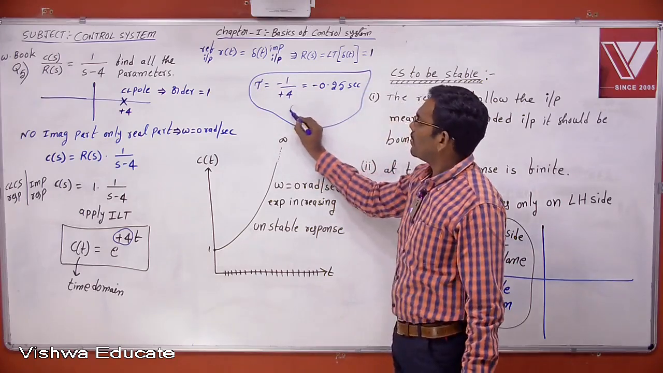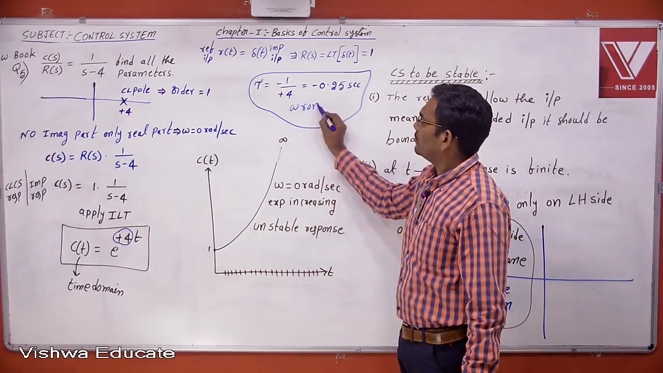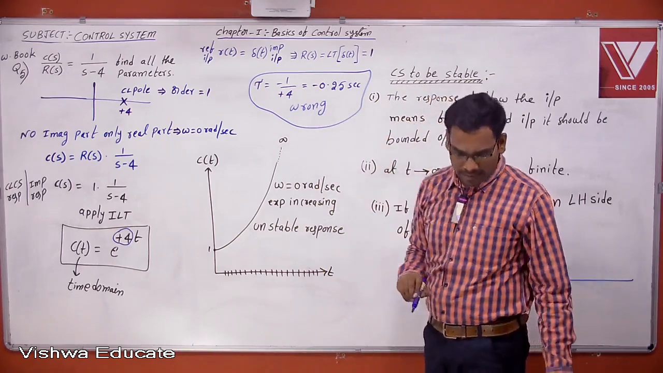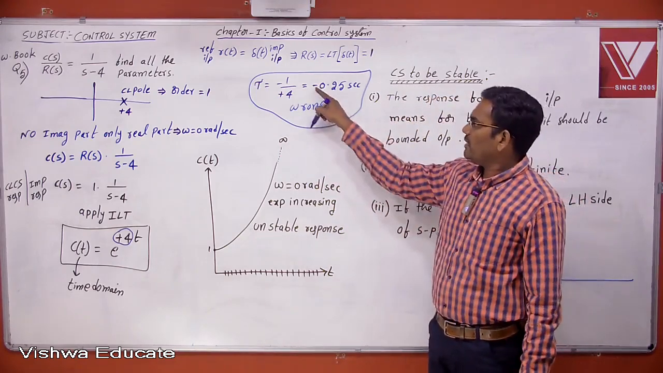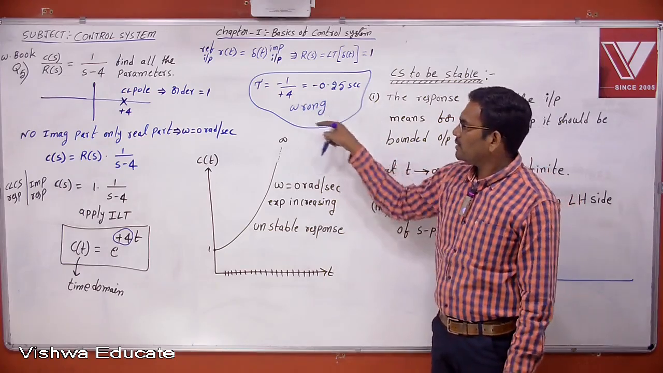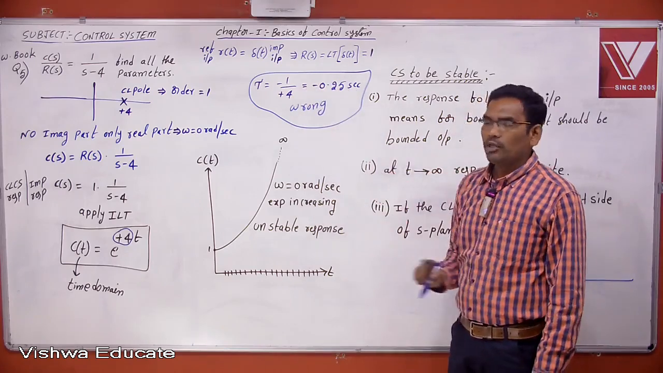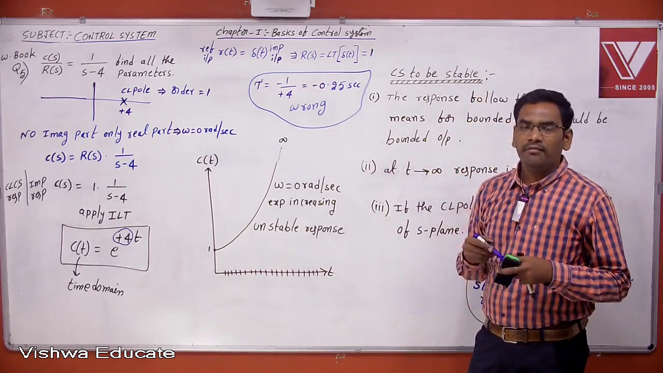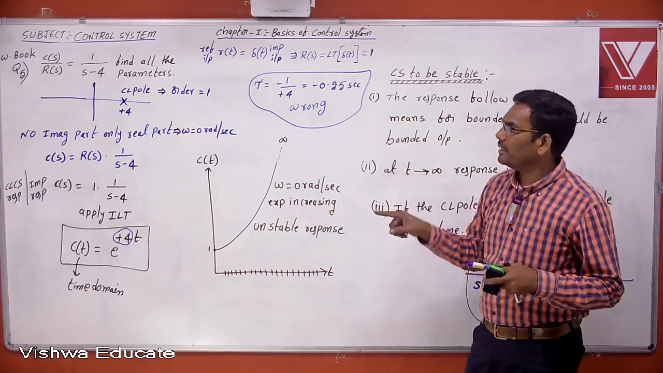This is a wrong answer. Why? The time is minus 0.25. A time will never be minus, okay? And this is 100% wrong. Now here you cannot find the time constant, because